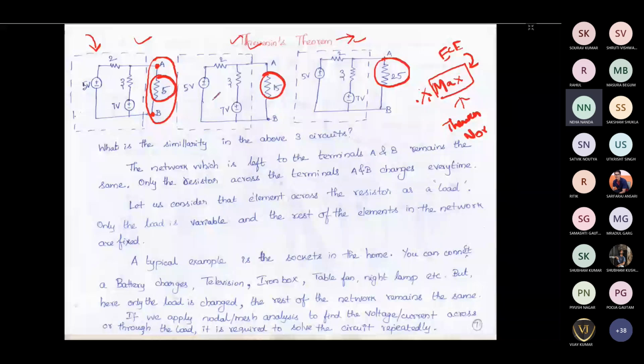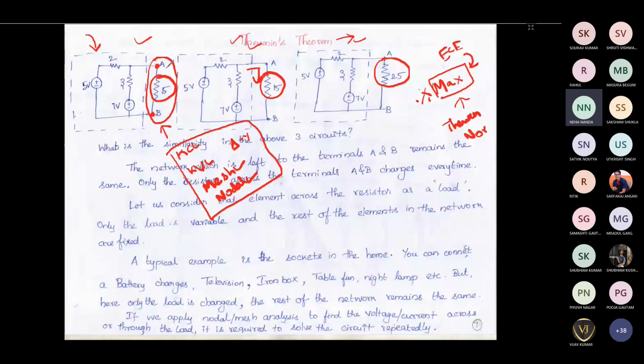So what will we do? We know all the things, like we have already discussed KCL, KVL, mesh, nodal, superposition. Even though you know everything, you can see here that only one thing is changing. If one thing is changing, obviously the current flowing through that is going to change, right? But if you use any of these methods, you have to solve the complete circuit again. If you're using mesh analysis or nodal analysis, or based on that you would have used KCL and KVL.